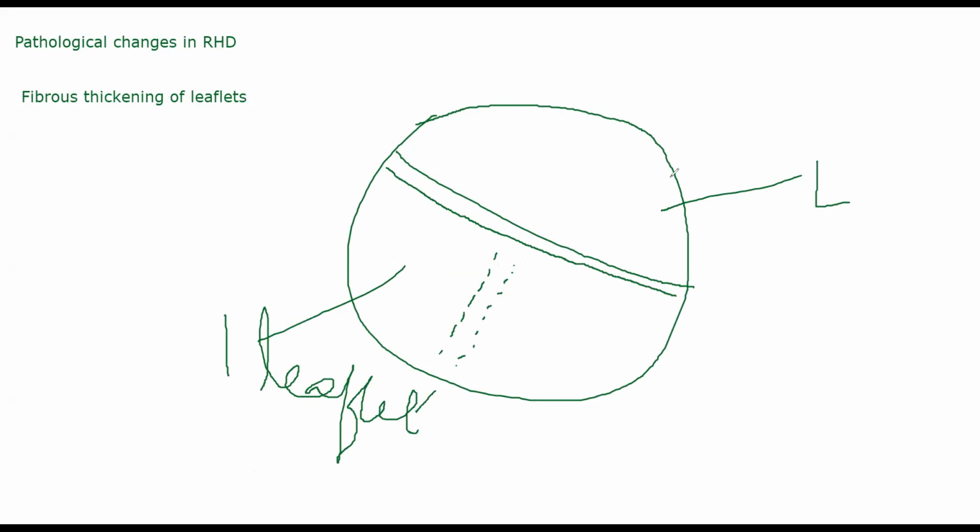Now, if I talk about tricuspid valve, there are 3 leaflets in it, okay, that is the leaflet. What happens is fibrous thickening of leaflets occurs, in the sense that because of inflammatory damage there, those leaflets will have fibrin accumulating there, and they will become thicker. Once they become thicker and fibrotic, see, fibrin is something that will be involved in your scar tissue. Now, if you have ever seen scar tissue, you know how rigid and thick it will be. Something similar will happen in your leaflets. See, normally your leaflet should be nice and flexible, but whenever fibrous thickening occurs, they will not be able to open and close properly. So that problem will occur in rheumatic heart disease.